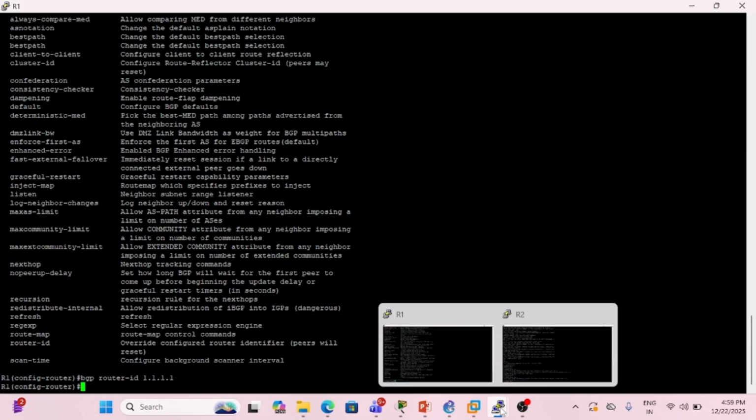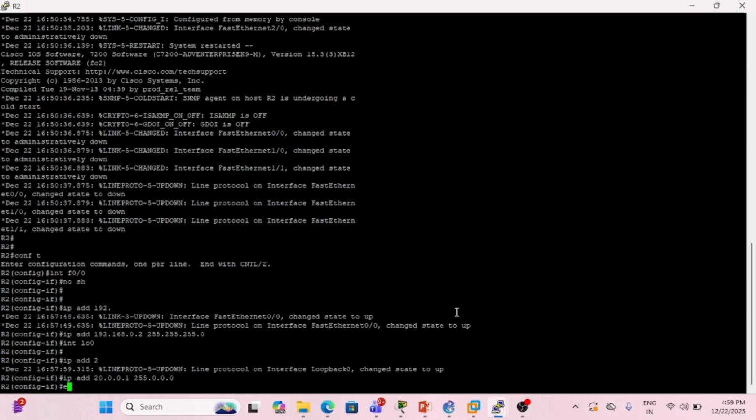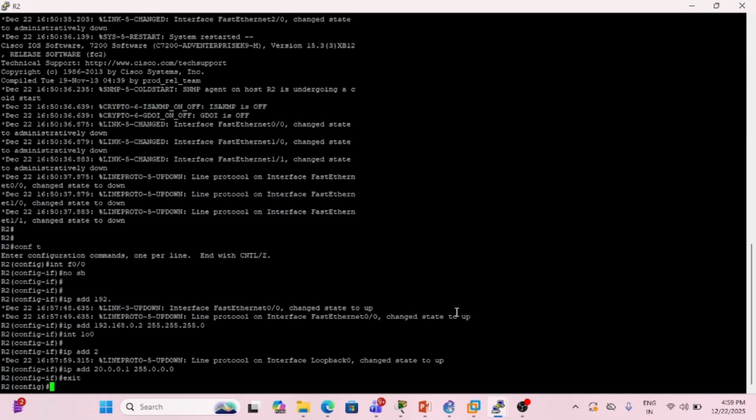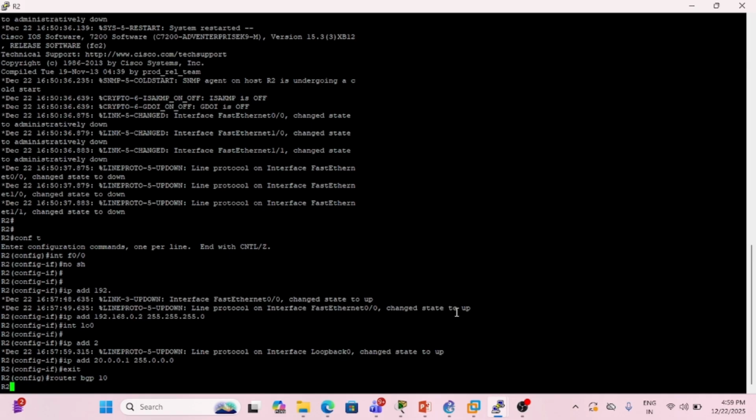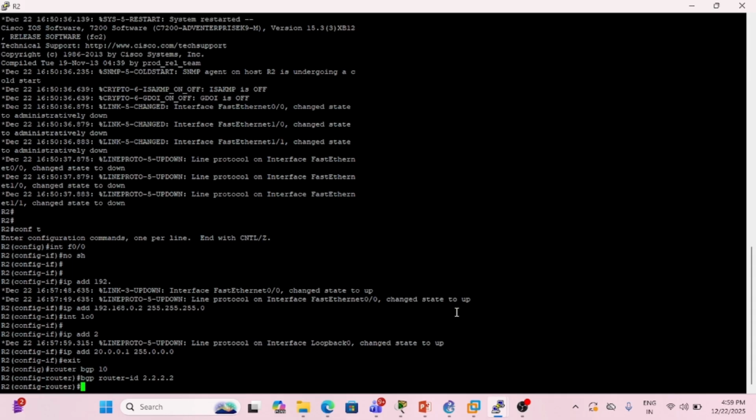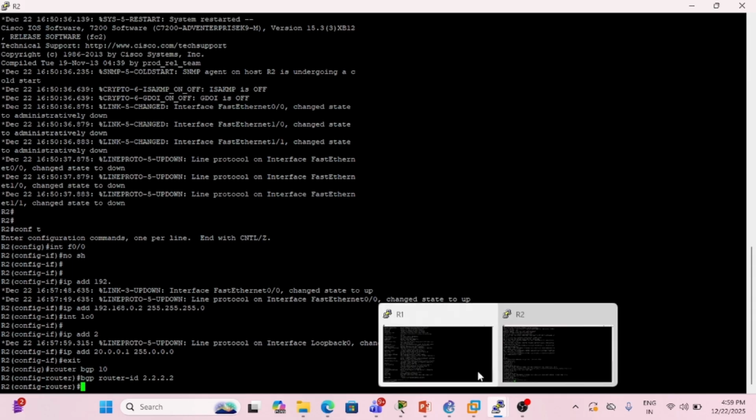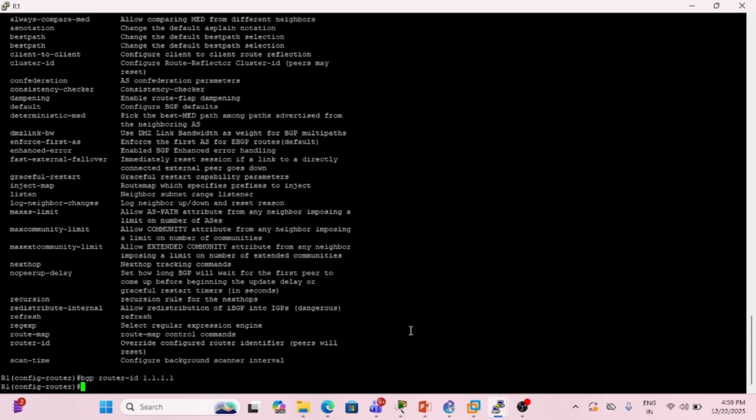and in R2, router BGP, then it is 10, and BGP router-id 2.2.2.2, and then you specify the neighbors. Neighbor should be the other one,